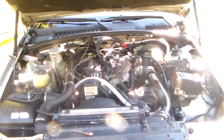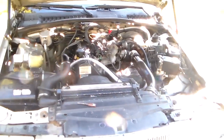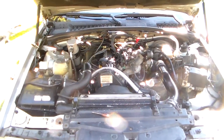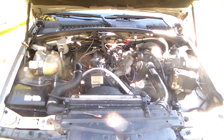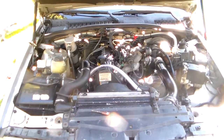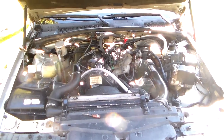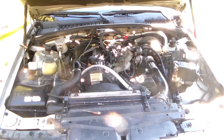I had too much oil in it, which was unrelated to the idle problem, but what was happening was this car would not hold a steady idle after you started it, whether you started it cold or warm. Most of the time it would just start. It started pretty easily. It wasn't necessarily having that kind of an issue, but it'd start and it'd run for a couple seconds and then it would just,